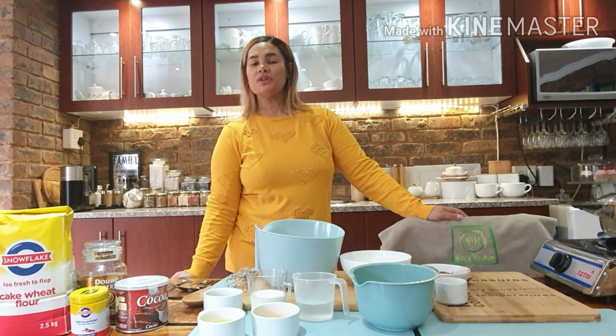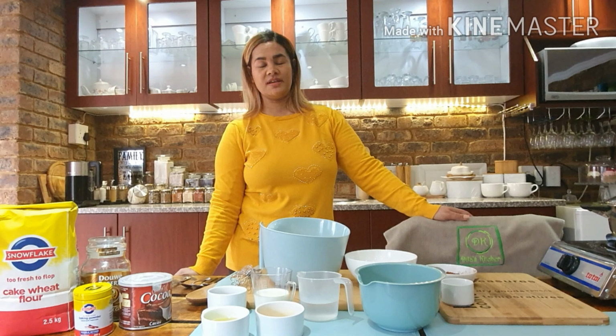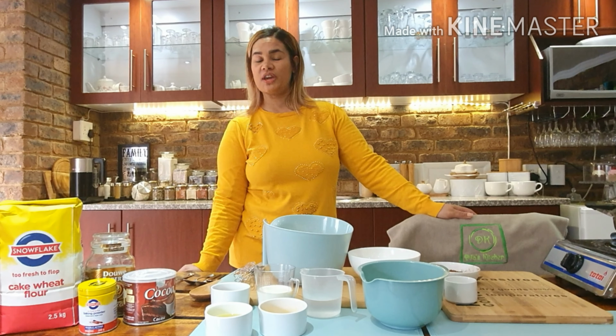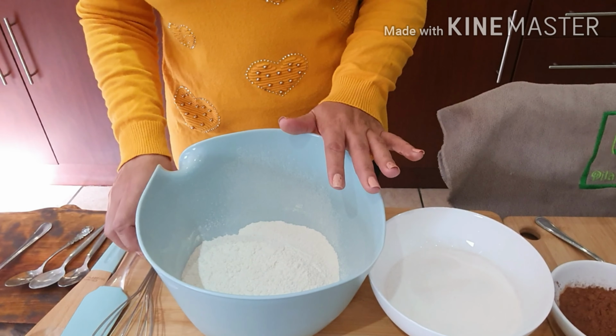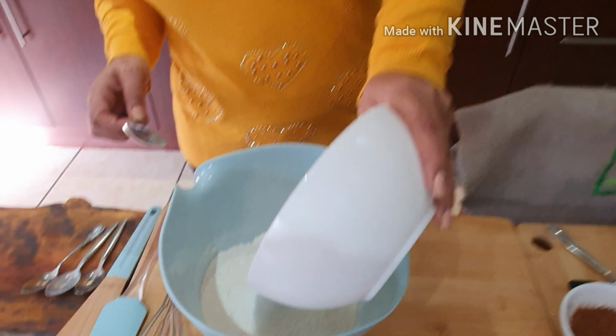To celebrate World Chocolate Day, which took place this week, I decided to go chocolate. So today I'll be making a chocolate fudge cake and I'll be taking 1.5 cups of sifted flour in here. I've got 1.5 cups of white sugar that I'm adding,